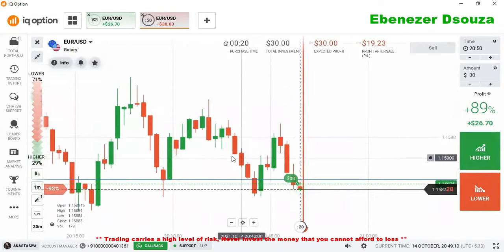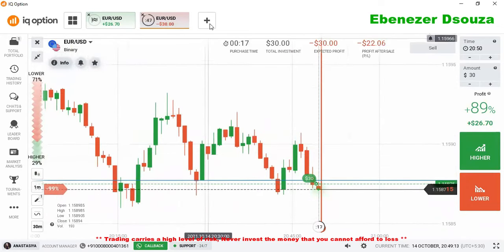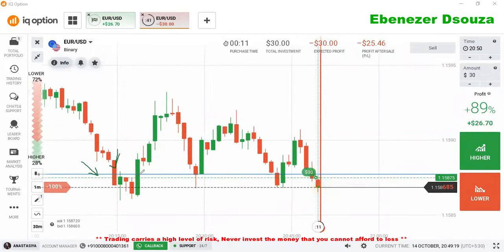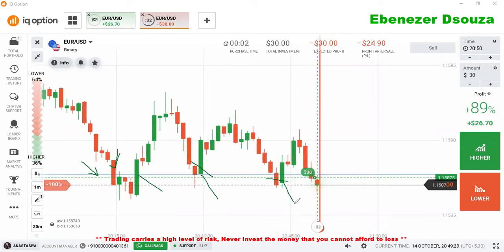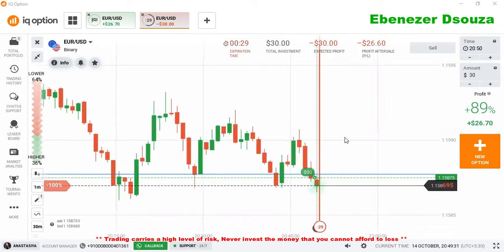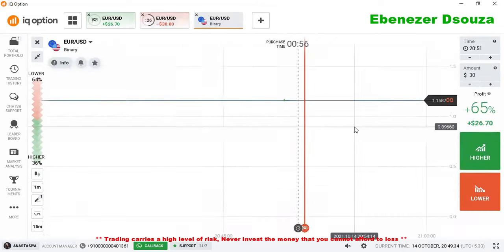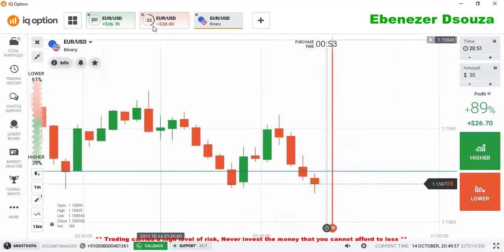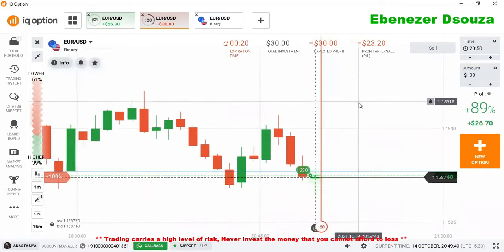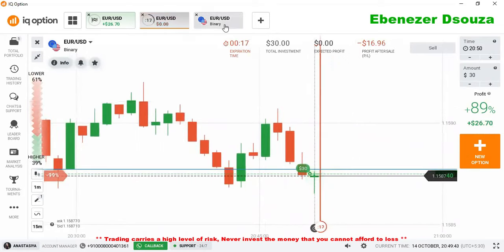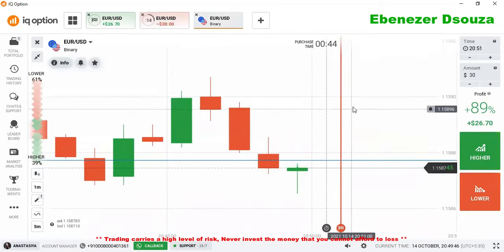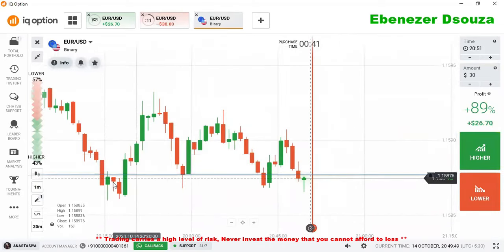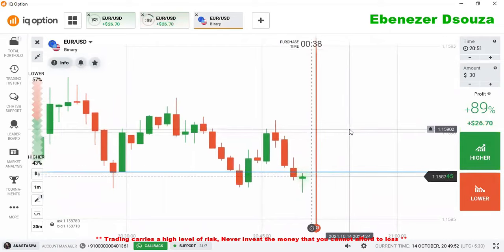I placed here a higher option trade because if you observe this market behavior at this line, there is a breakout, closed at the level. Even if there is a breakout, the market is trying to make a bullish candlestick. It means even there is a breakout of this line, the buyers may try to make a bullish candlestick easily. That's why I placed here a higher option trade. Okay, but a little bit late entry, but the buyers are very strong at this level, so I may win this trade easily.